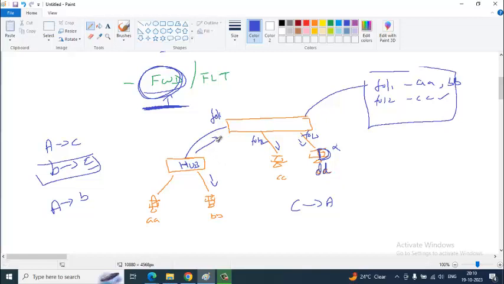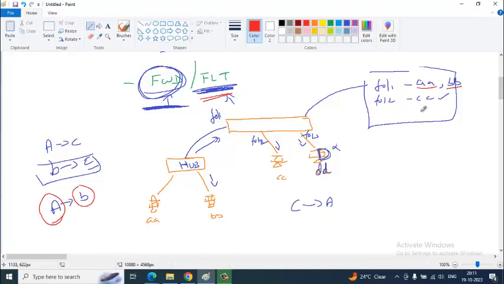The packet that goes to F0/1, what will it do? How and why? Because both the source and the destination are on the same port, there is no point in forwarding it. It will filter.